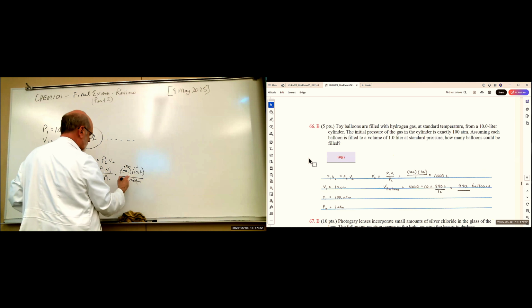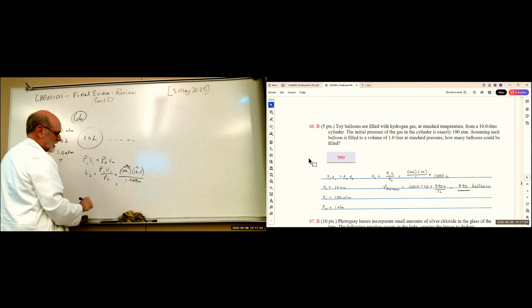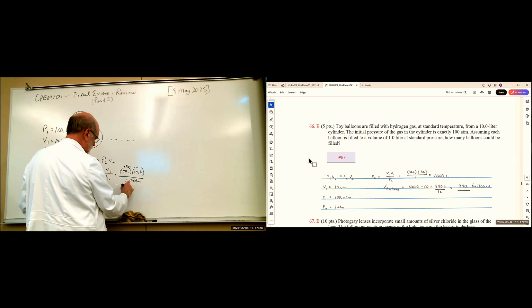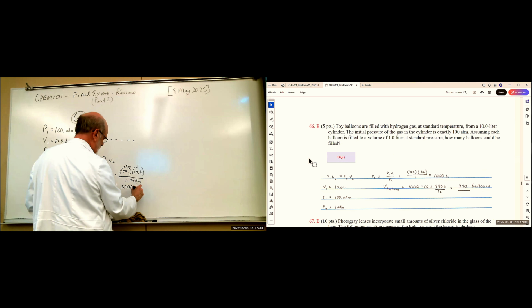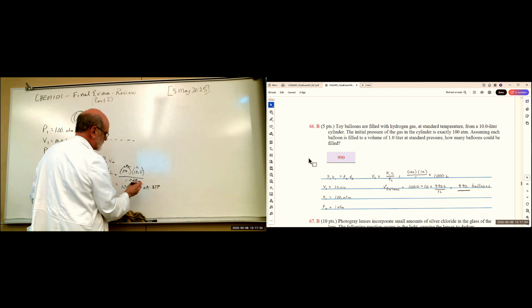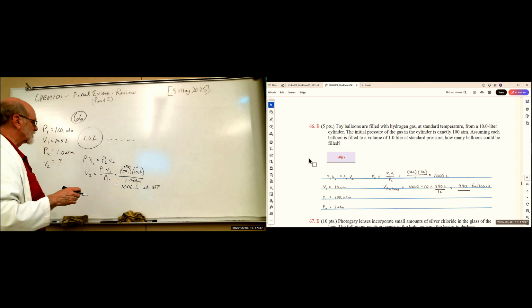That cancels the atmospheres, and that gives us 1,000 liters at standard temperature and pressure. So with 1,000 liters,